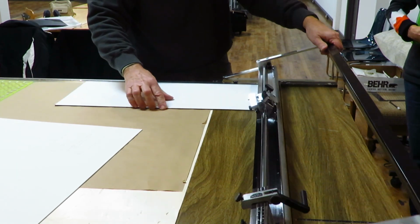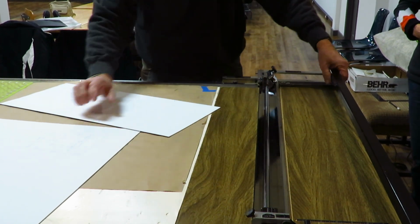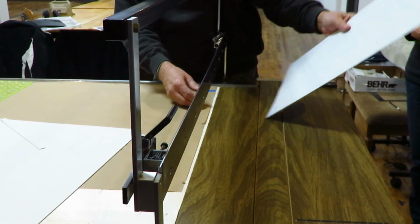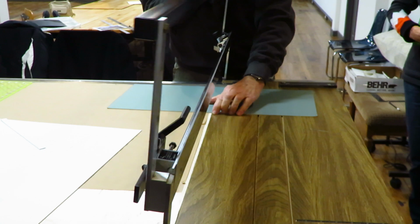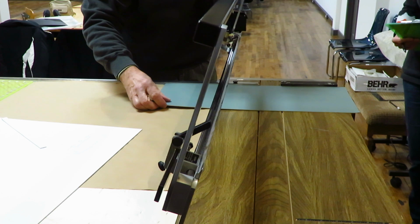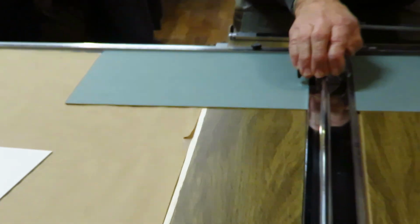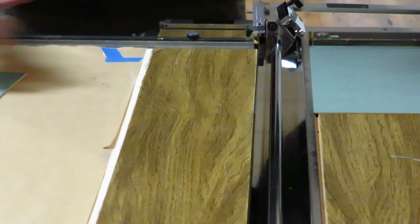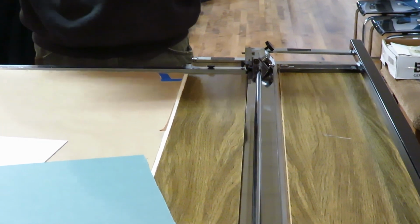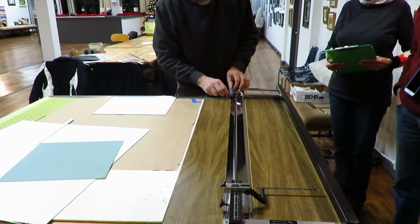Now we're gonna put that up. Hold the mat. Then I'm gonna flip it and do the other side. Square it off that same edge. And that was 12 and a half. I think the blade's a little dull. Okay, so there we got our mat. Now we're gonna cut the